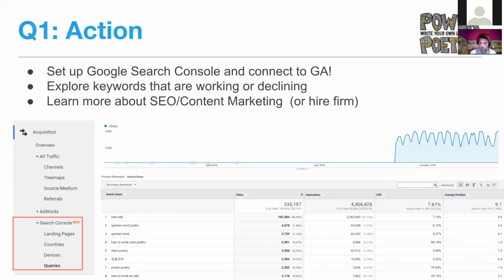Actions. What do we do as a result of this? Here's some of the things. You're like, okay, we're down 4.5%. Let's not tear our hair out. Let's understand what's going on. Things we can do: there is something called the Google Search Console, formerly Webmaster Tools, and you connect that to Google Analytics, and you'll get a lot more information, even though there is a ton of not set. You'll get a lot more information about the search queries that were typed in to bring people to your site, and then you can analyze what's been working, what's not been working, and break down. So we can see things like how to write a poetry slam.